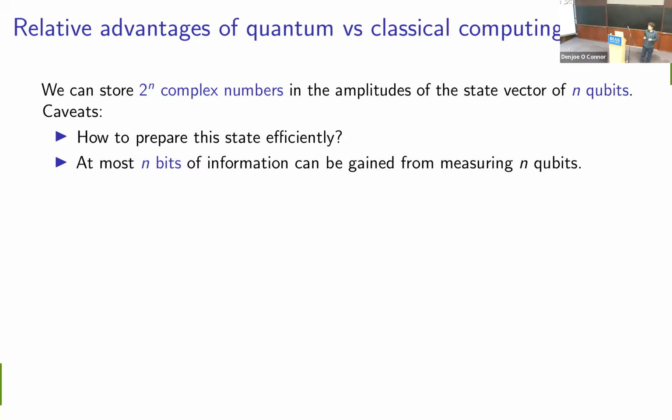And so, in practice, we're stuck with the fact that while we can have a huge amount of information stored in our quantum state, we can't read it out. So a lot of what people do when they come up with algorithms for quantum computers is figure out ways of manipulating the information so that at the end we can measure, and the outcome of our measurement will be exactly the information that we're interested in and nothing else, so that we can get the most use out of the computation that we've done.